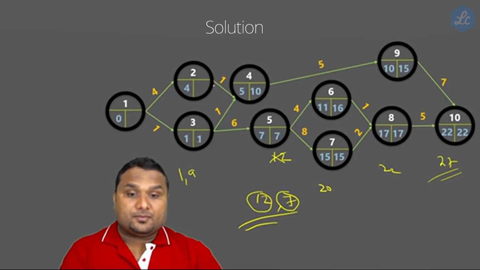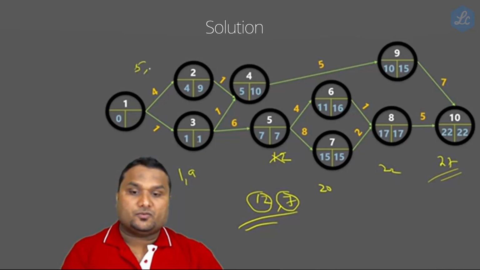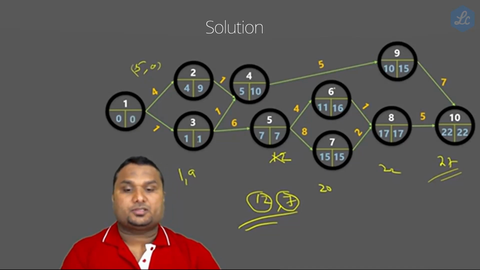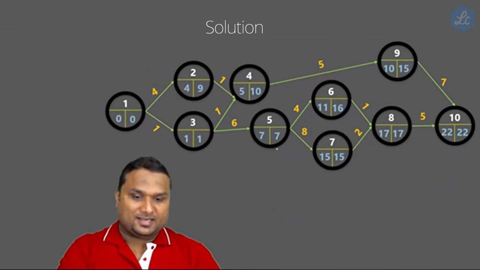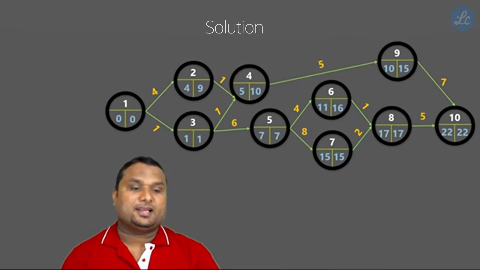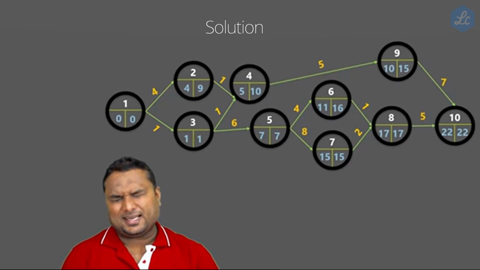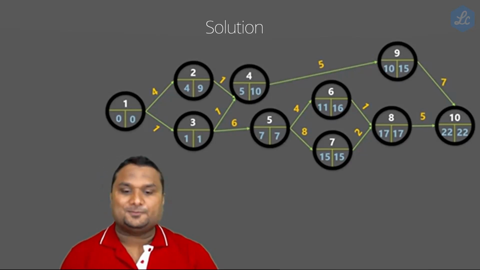Next is 10 minus 1, which is 9. And lastly, we have 9 minus 4, which is 5, and 1 minus 1, which is 0. So what we have to do? Take the lowest, so this is 0. Are you comfortable until this? If you are comfortable, let's go to some observation over here.